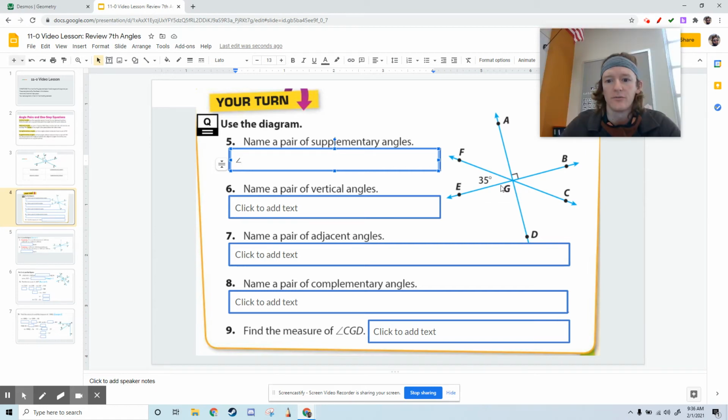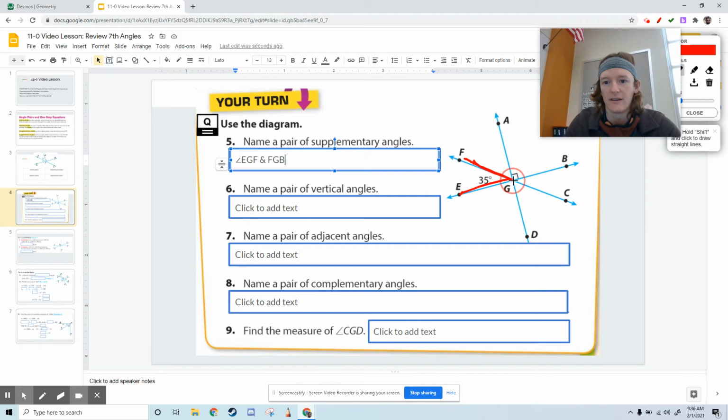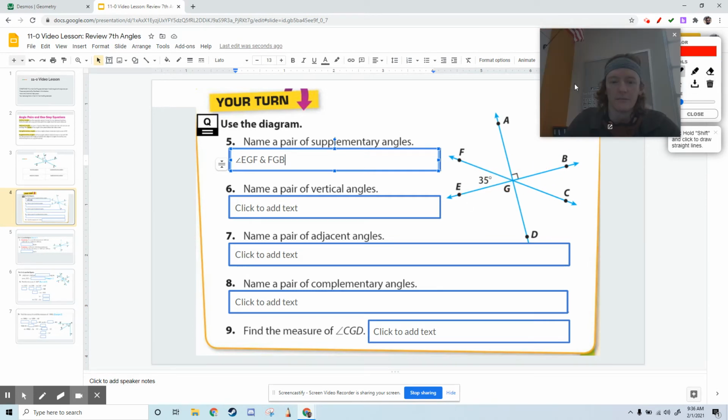So let's choose EGF. You should use all capitals here. And FGB. I see that those make 180. I've got EGF and FGB. That makes 180. For the next one,